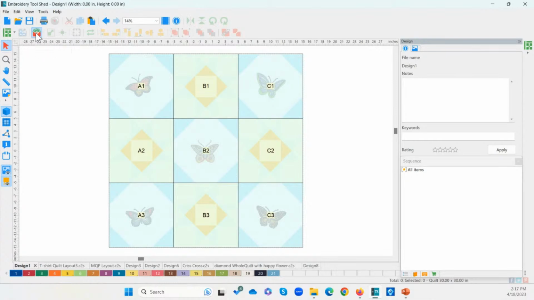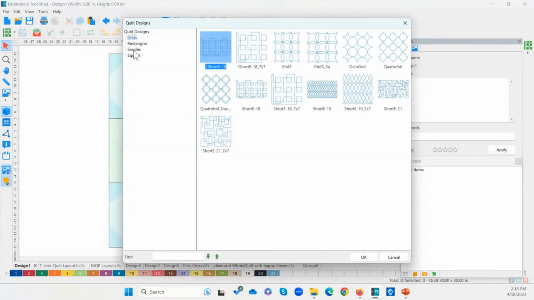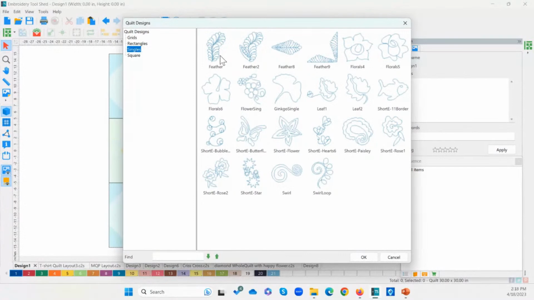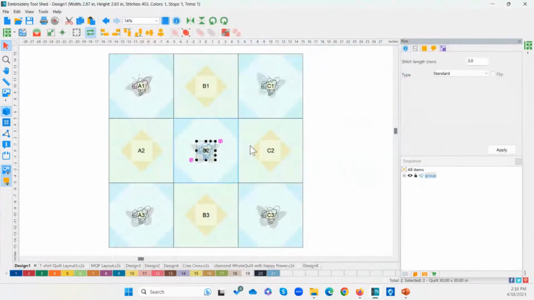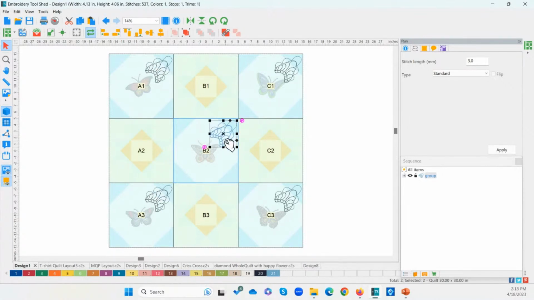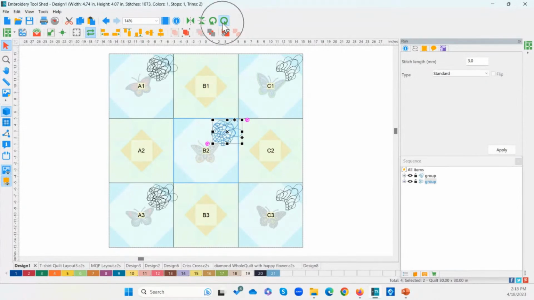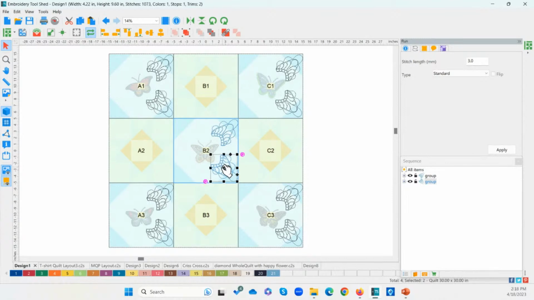So I'm going to go back into the built-in designs, and I know there's a design in here that would work. We could work with this individual feather here if we want, but I think this one here would be a good one. So this particular design is just a 1/4 of a design. So I could choose this one, and I'm going to copy it, paste it, and let's just make it a 1/4 of a turn. I'm just using my rotate tools here, and then slide that down to the bottom.